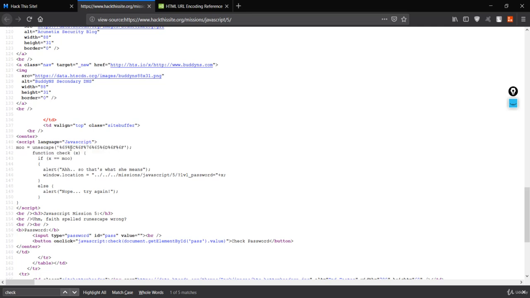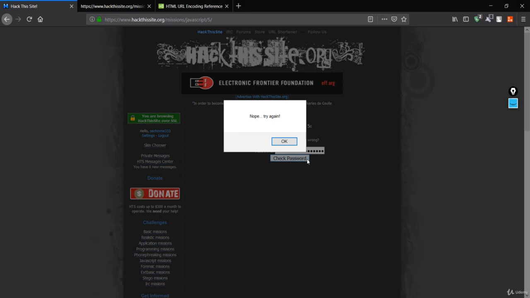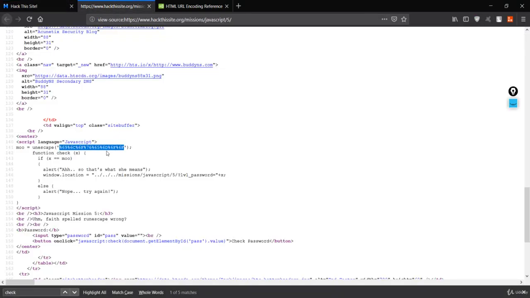characters over here. So if you just grab these characters, let me just Control C, go back to this hack site, and if I just press Control V, let's check the password. Nope, try again. So that means this is not valid. It is basically encoded in the form so that the browser won't give you the way to just go inside the system.